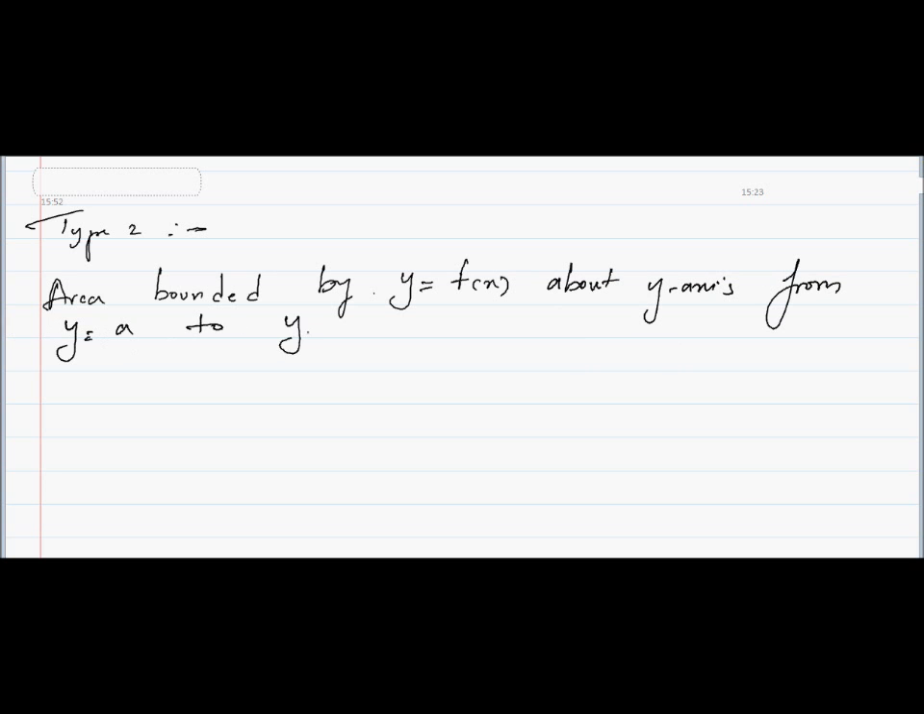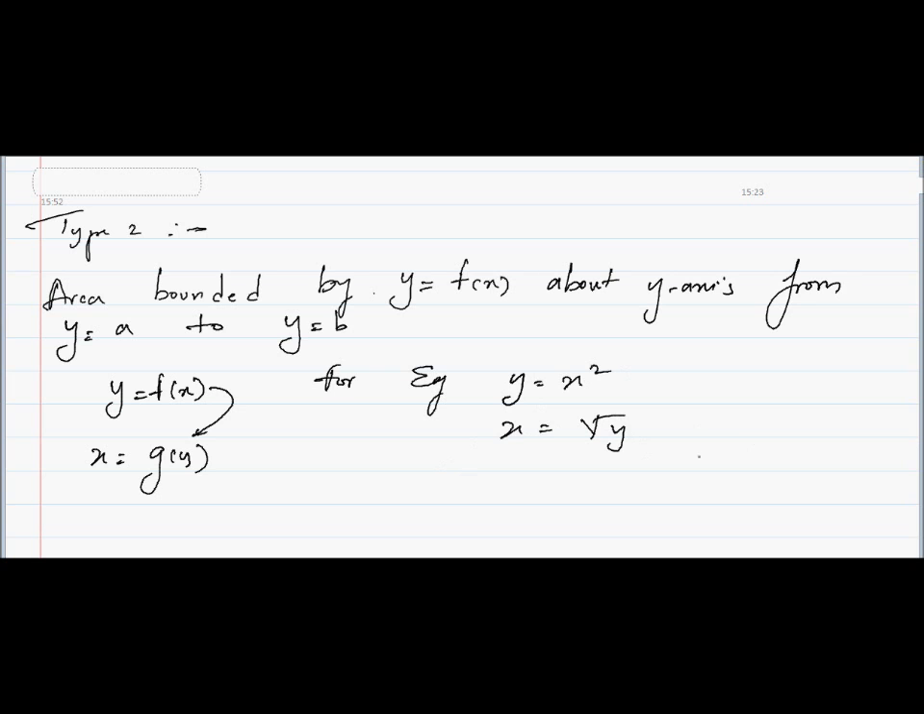Type 2 is the area if the same curve is bounded with the y-axis instead of the x-axis. So I will consider this function y is equal to f(x), bounded by the y-axis from y is equal to a to y is equal to b. Then if y is equal to f(x), I first have to convert it into the form of x. For example, if y is equal to x square, I can write this as x is equal to under root of y. So considering x-axis and y-axis,